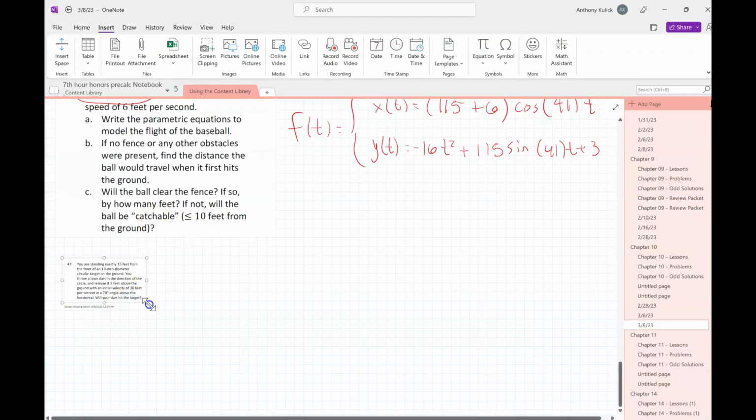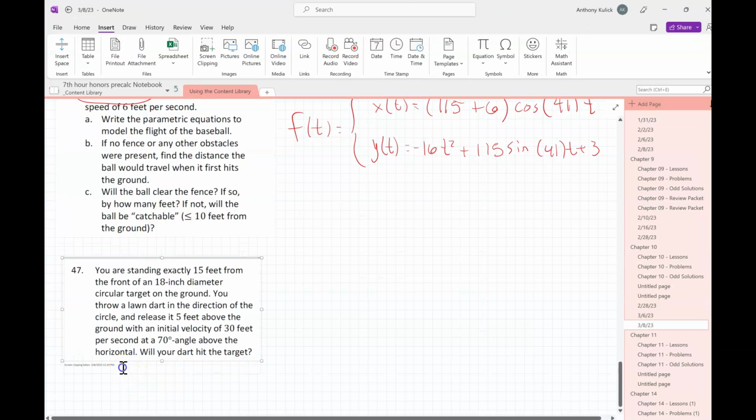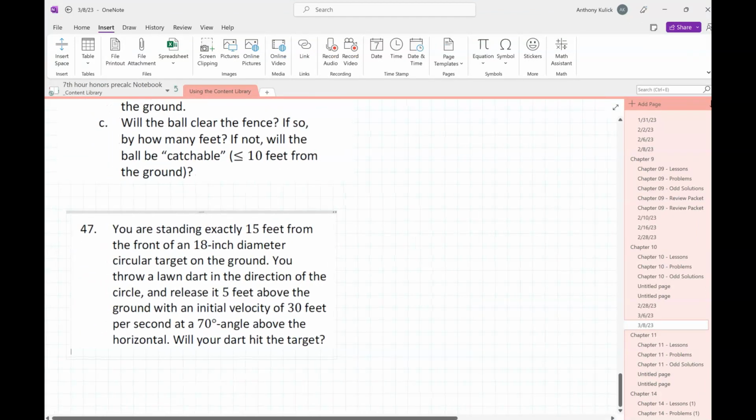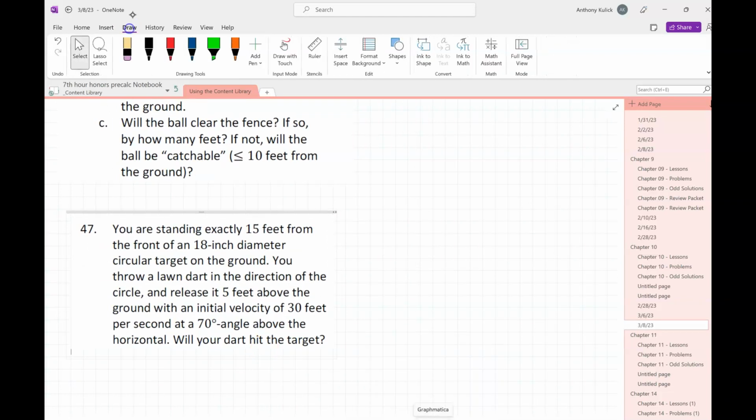When it hits the ground, so y is 0, you get t, and then you get where the x is. To get to the wall, you set x to 385, that's on the wall, get the t, and then get the y to see if it's above the wall. If it's 10 feet or below,